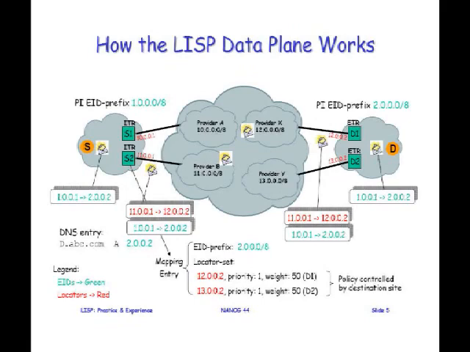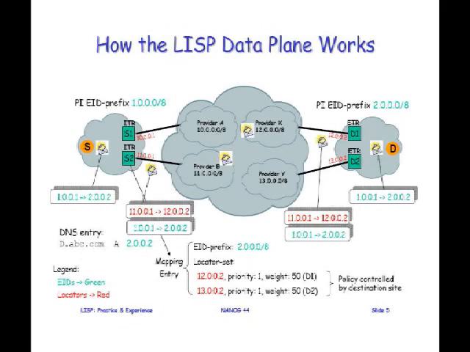So anyway, what's going to happen here is the packet gets encapsulated with the header that looks like this right here. That's what the packet looks like. That's just going to get sent across the internet as the network is today to 12002. And then at the other side, it's just going to get decapsulated, and the ETR over here is just going to decapsulate it and send it along. So it's pretty simple, right?